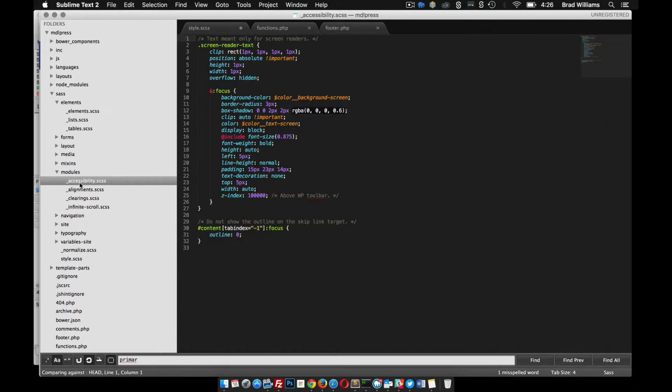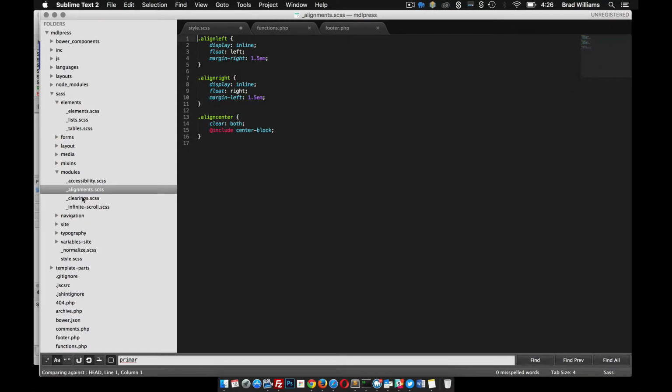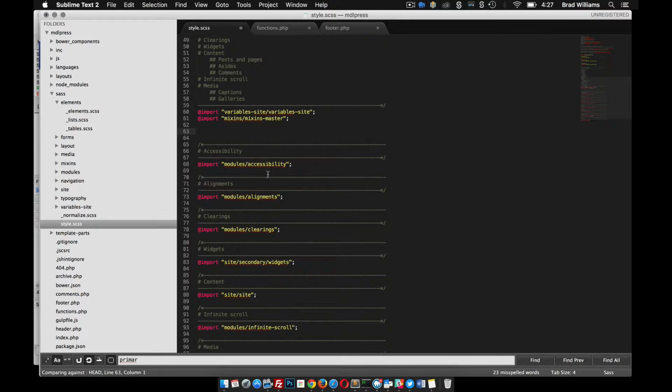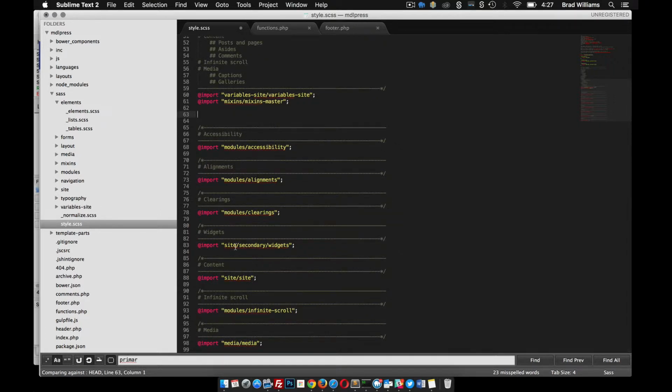Let's see what they add in here. Screen reader, alignments. We don't need infinite scroll right now. We can delete that file. So we might as well just keep accessibility, alignments, clearings, site secondary,